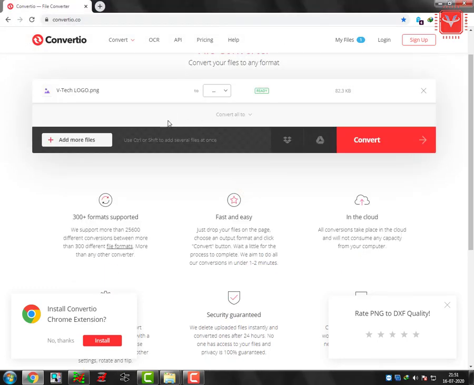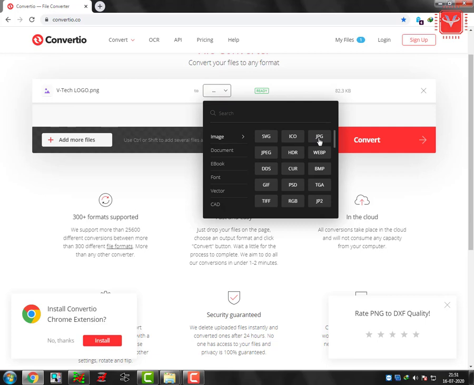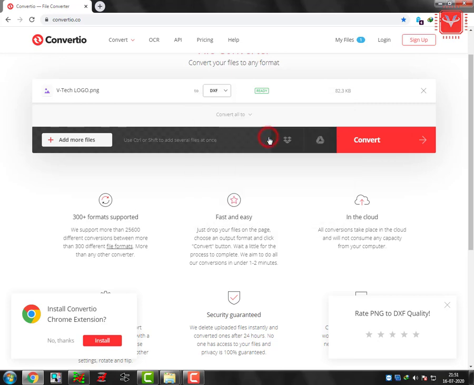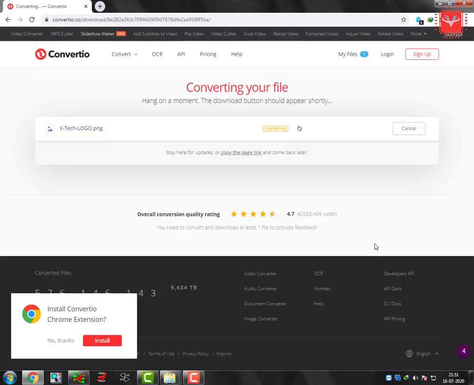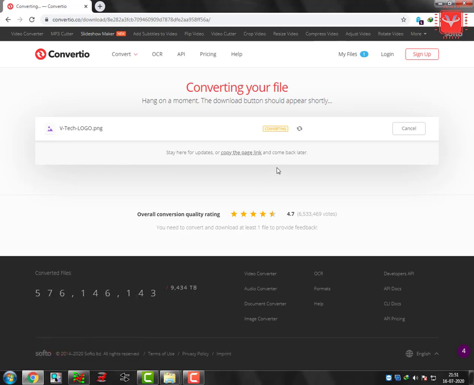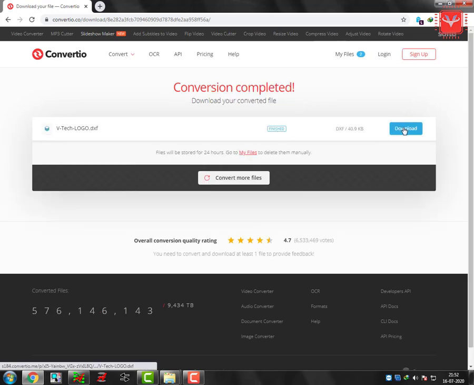I'm uploading it, and after uploading, see, it has uploaded now, and it will ask which format you want to convert it into. We have to select here. See, so many conversion options are there, but we have to go to CAD. In CAD you have to choose just DXF. Okay, click on convert. So the conversion process has started here. Just wait for that. Conversion is in process, so the download option will appear after the conversion.